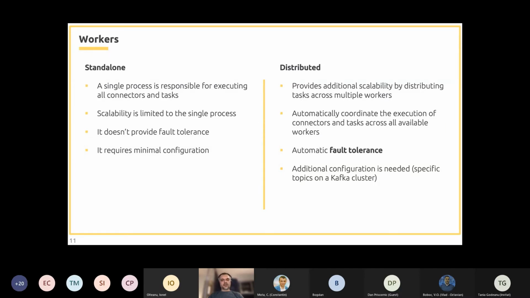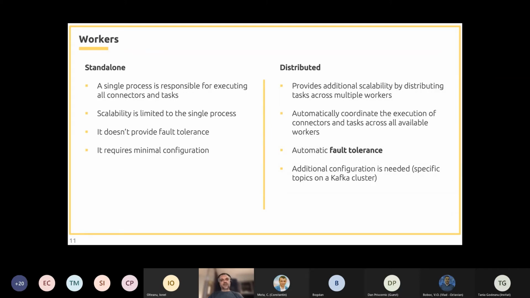We have a config topic that stores the connector configuration. We have a status topic that stores the status of our running connectors and tasks. And we have an offset topic which stores the task offsets.